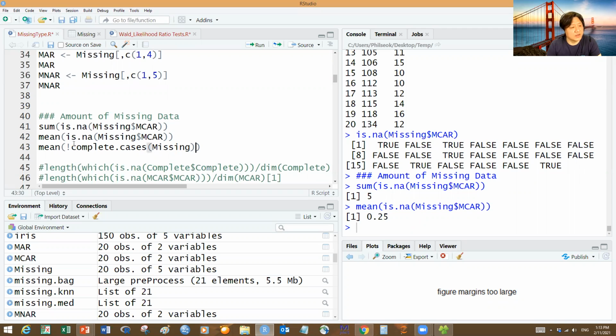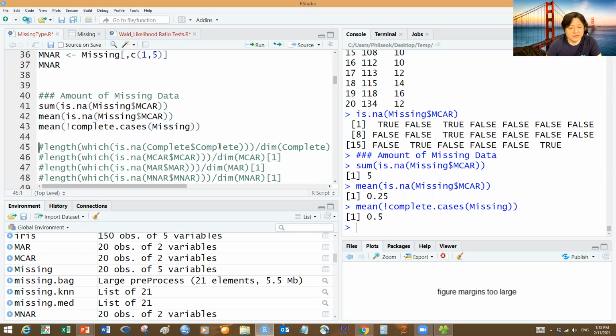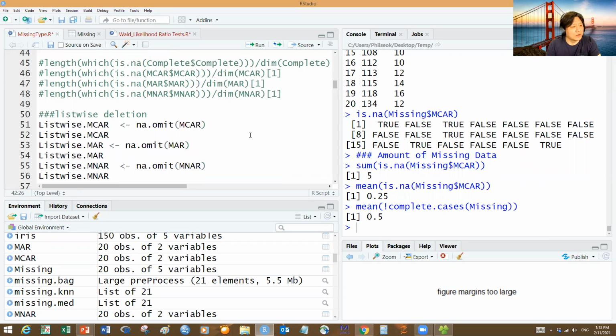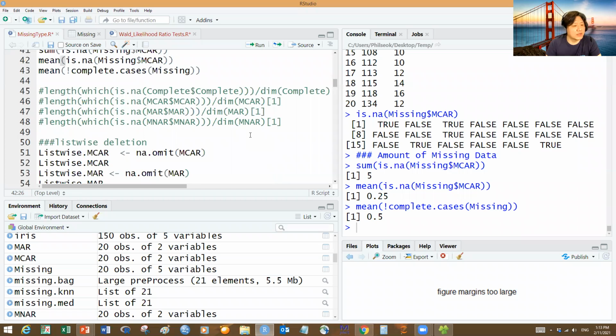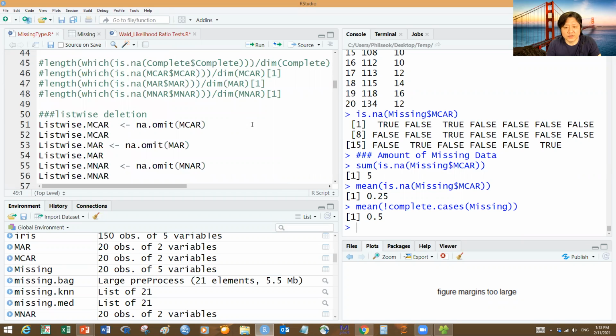And then what about the not missing cases? So using the total data set, run it, okay, 50%. So 50% are not missing, okay? And that way you can easily check the amount of your missing data, okay? So I think I will stop here and we'll keep talking about the missing data analysis